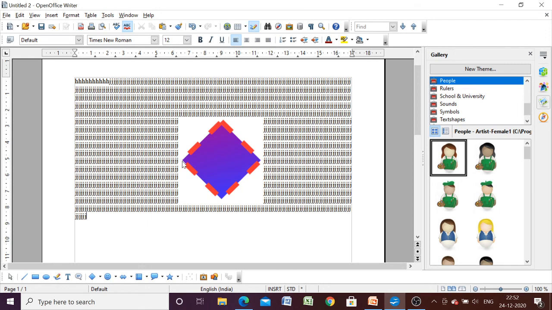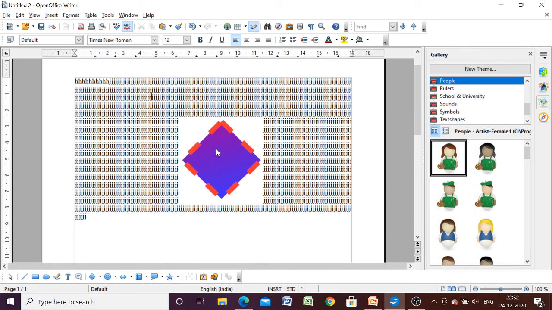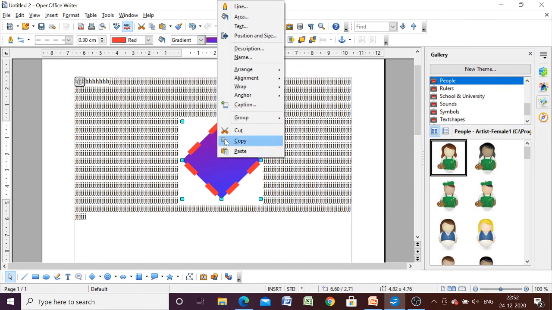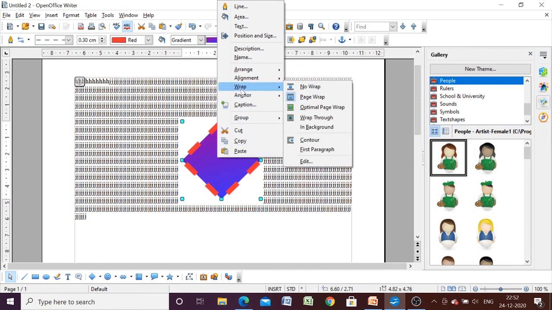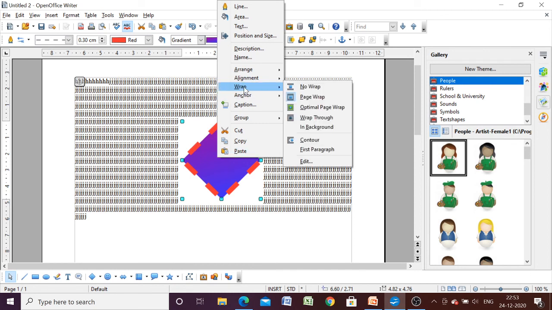Just click on the image, and when you right click on that, you will have the wrap option. You can see that by default page wrap has been selected. So this option is known as page wrap.